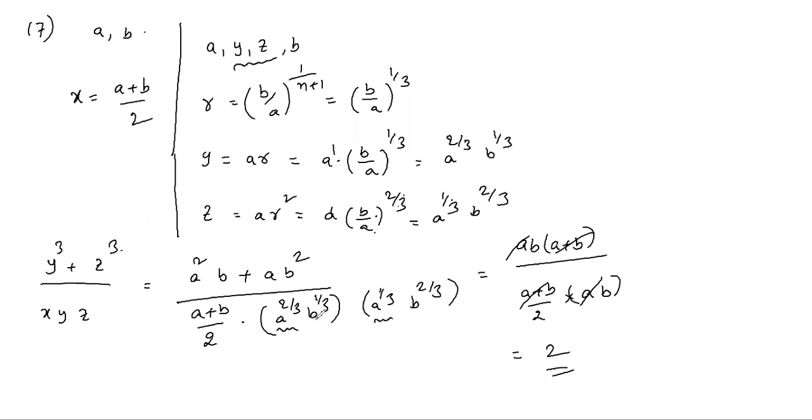Next. 18th, sir. The 18th one we did already in the textbook also. Otherwise, here you can easily verify the options. A power n plus 1 plus B power n plus 1 by A power n plus B power n. What you have to get? The arithmetic mean between A and B is A power n plus 1 plus B power n plus 1 by A power n plus B power n. It is given here as the arithmetic mean.